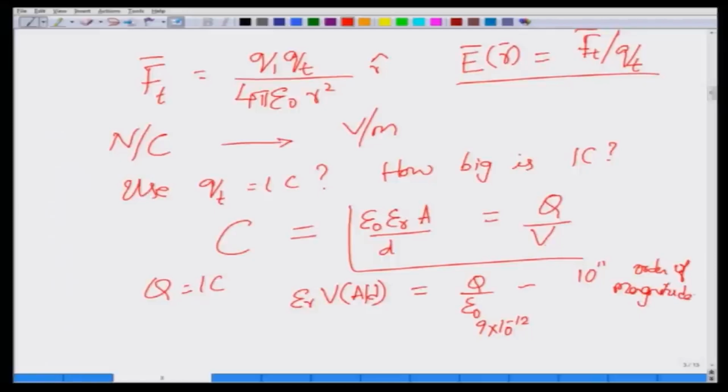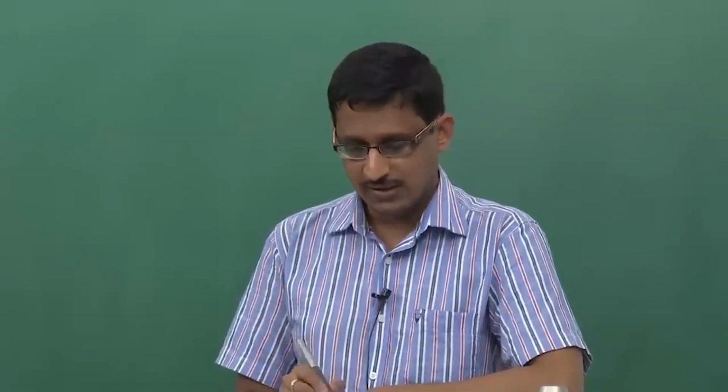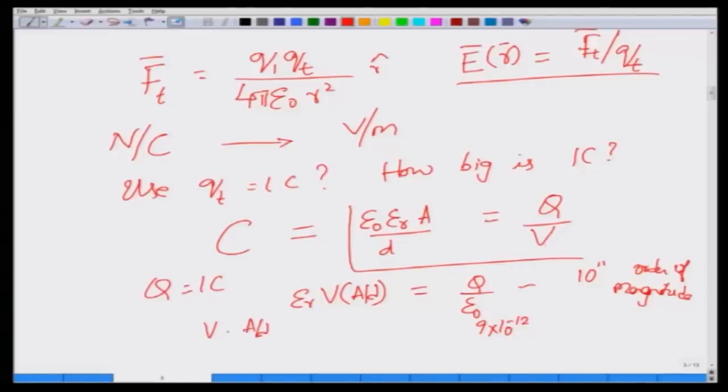Go back to this one. Suppose you want to fill the capacitor with nothing but free space or air, then you see that the voltage times A by d must be on the order of 10 to the power 11. If you want to apply a voltage of 5 volts or 10 volts at most, because I am making a capacitor for electronic circuits, and let us say 10 volts is the maximum I can try, then the A to d ratio, the area to separation ratio, must be on the order of 10 to the power 10, whereas